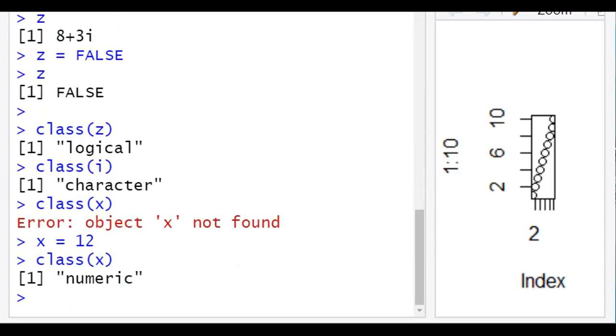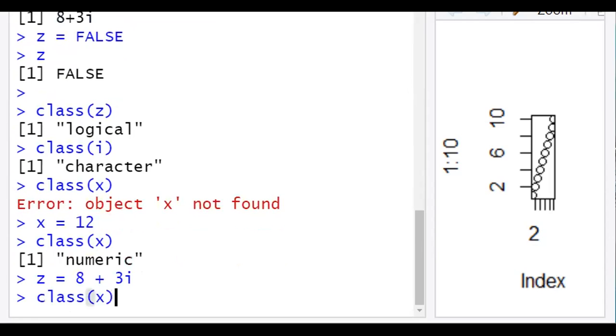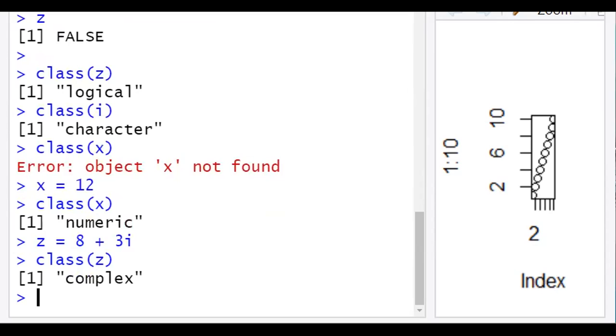So the various data types include numeric, then complex. We didn't write complex yet. So z is equal to, yeah, this one. And then let us try to print the class of z. It is saying it is complex.